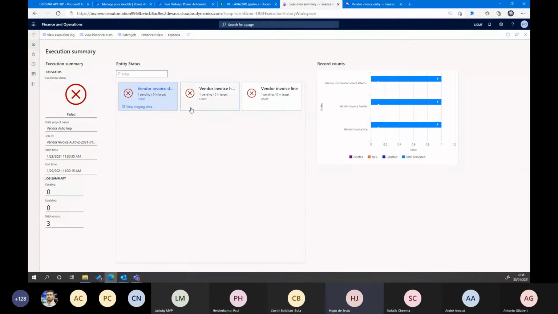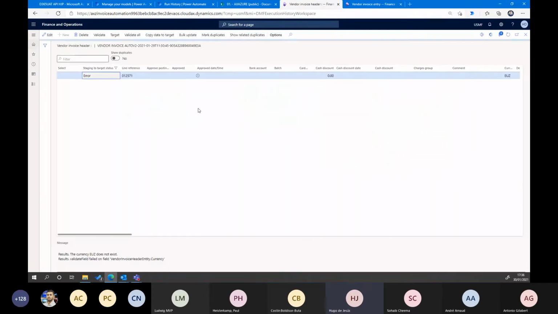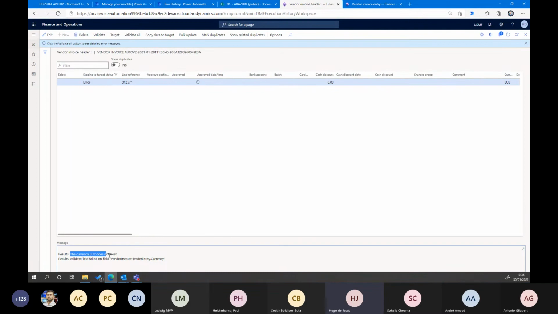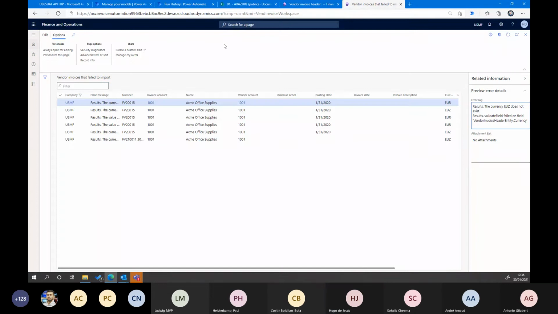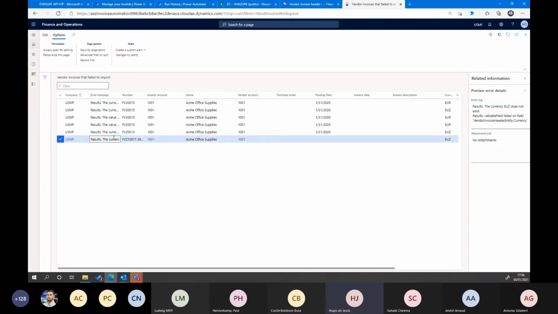But this kind of information, for example, because the currency doesn't exist, is exactly the same that the user can see, as Antonio explained, using this workspace, this form. It's the same. This is the way to simplify it for a not technical user, or not a consultant, or not a user with experience in DMF, to see the error.